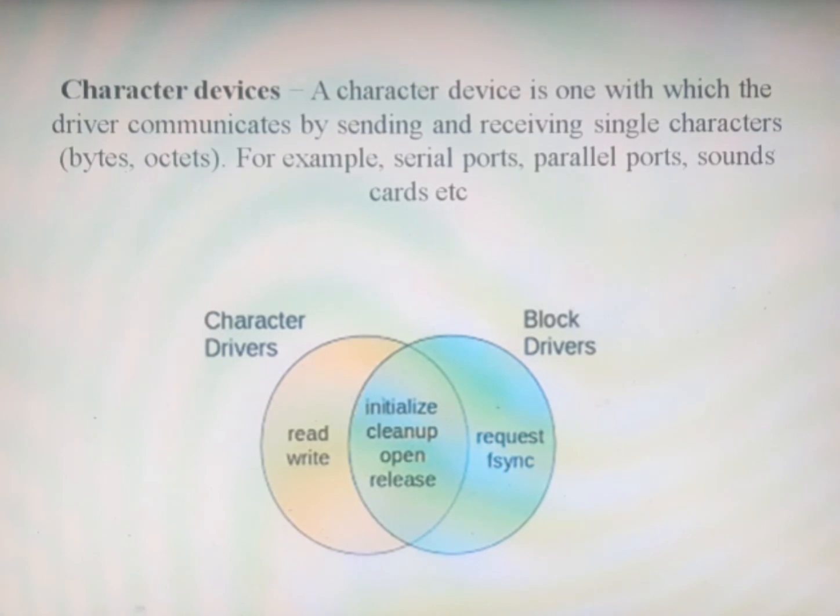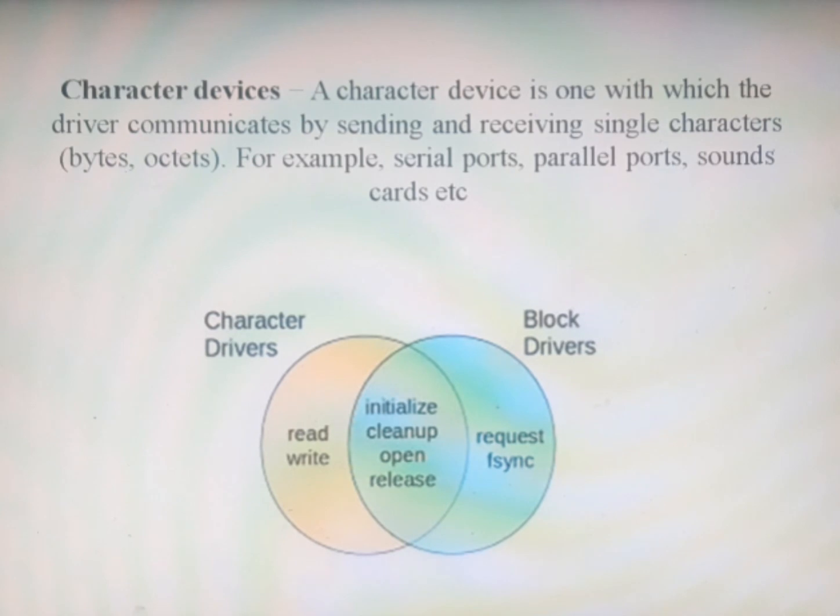You may ask me why, how we will be giving input as one character like that. See, in the first example we have seen, you entered 2 and 3. Those are single characters. So when you are giving input as a single character, it uses character devices. But if you are connecting a hard disk to your computer and you want to transfer a file, that is taken care of by the block devices.